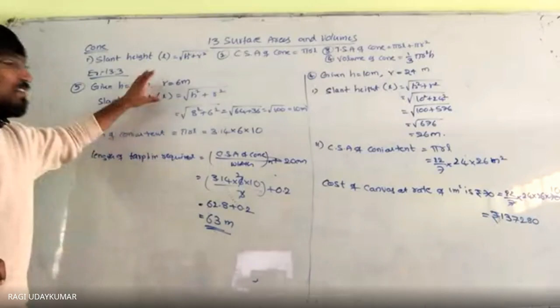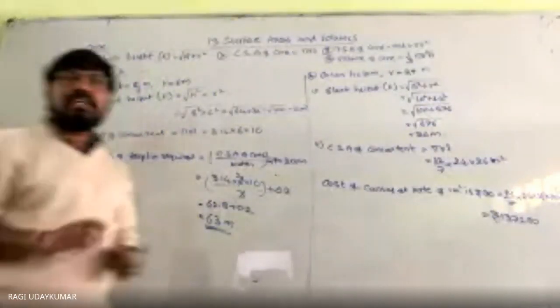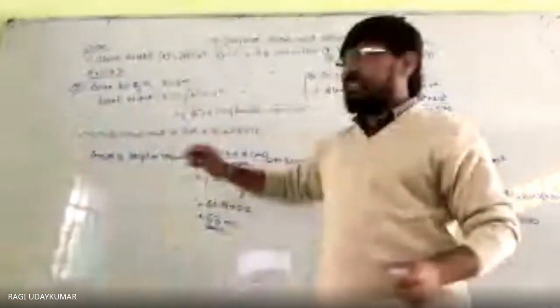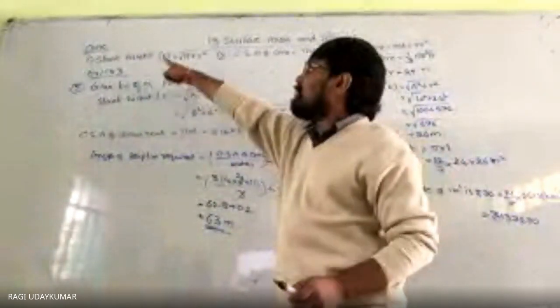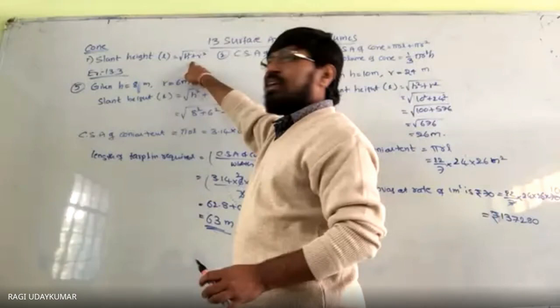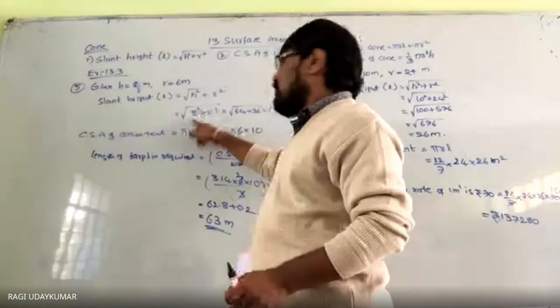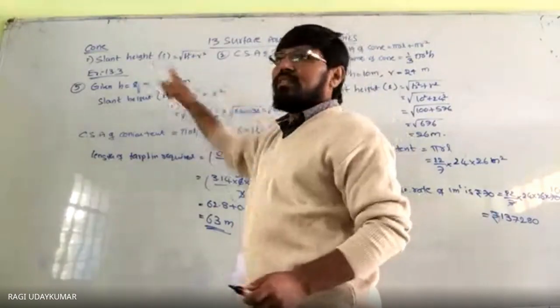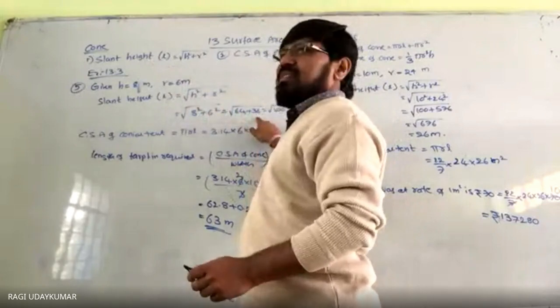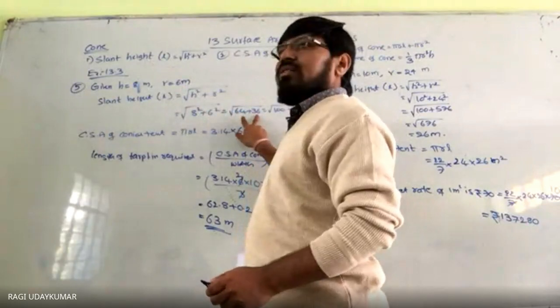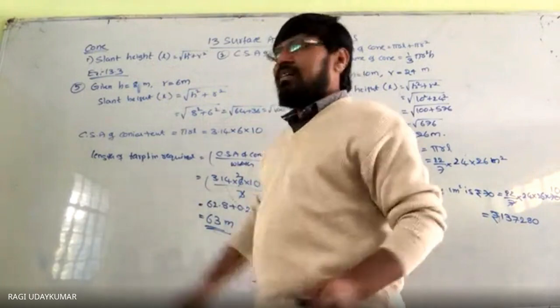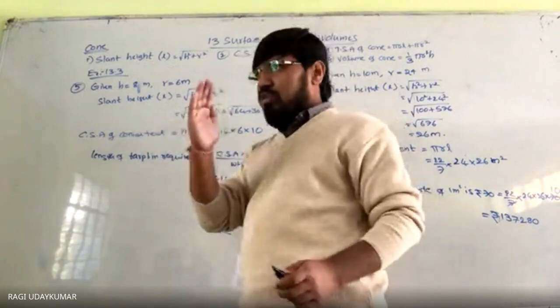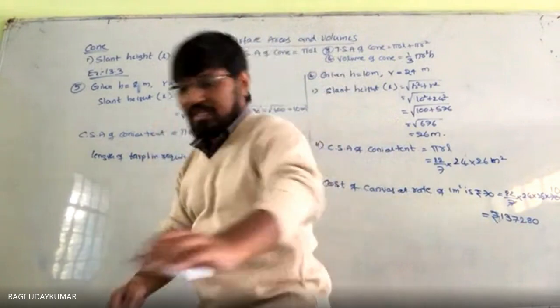So actually first, the base radius and the height are given to you. Find out the slant height. What is the slant height formula? h square plus r square. So h square plus r square is equal to 8 square, h is 8. Substitute it, and 64 plus 36. Adding both gives 100. Under root of 100, value 10. Slant height. Then the curved surface. Actually, understand the problem a little bit first.